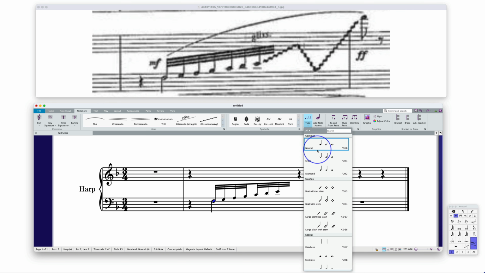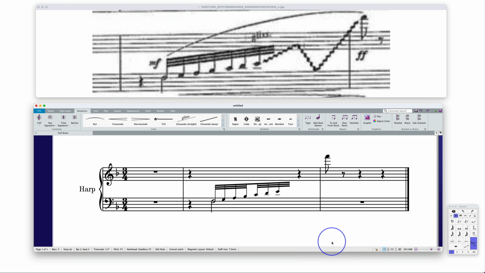So, if you just want to do it the lazy way, then just slide down here, and it shows Shift, Alt, or Option 7. Right? So there we are. All right, so it's looking pretty good so far, except for one little thing, and that is the beam grouping